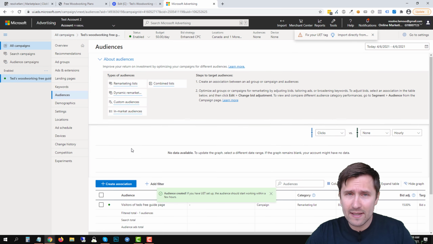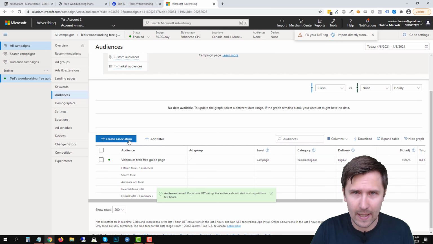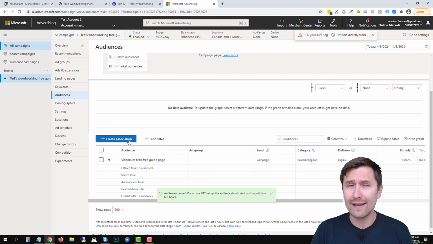So an awesome way, guys, it doesn't cost you anything, it's completely free. There's no reason not to add this tag to the page. Makes the most out of every single click that you get on your site, and that is why I think this is by far the smartest way to promote on Microsoft Ads, just because you're making the most out of what you have, okay? So that is how you add this remarketing tag to your page and create an audience,